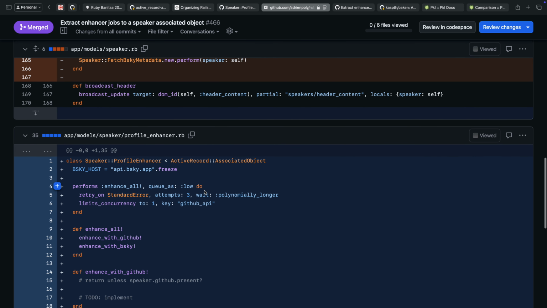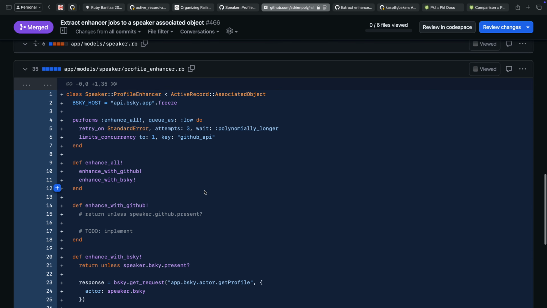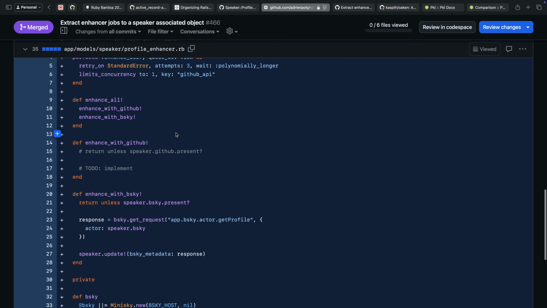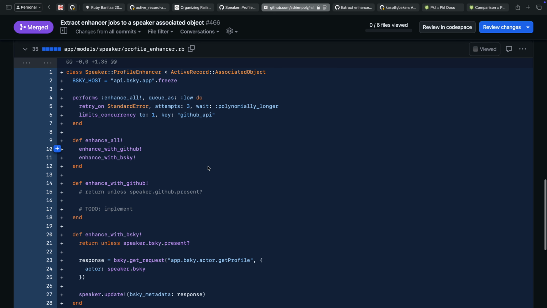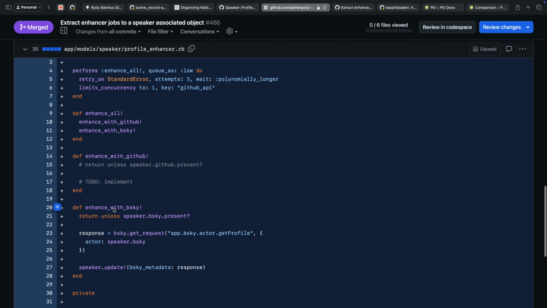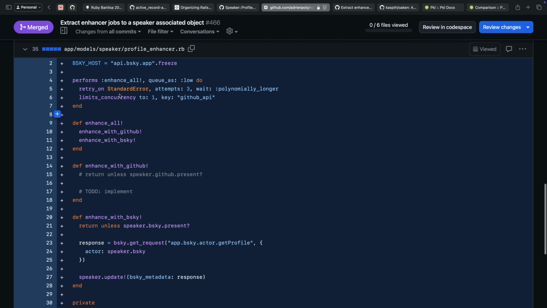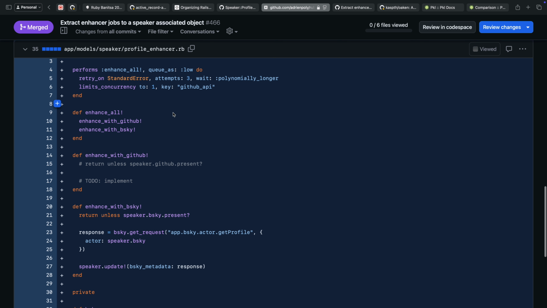Yeah. Let's see. And so he's replacing it with this essentially, where this is the perform stuff that we don't... This is another gem, but we don't. It's just generating a job essentially. Think of it like that. And so now the logic is collected a little bit more in one place. It's not quite embedded in the whole speaker, but it's a little bit easier to interact with because now you could both call this directly if you want to, or it could have a job that this is what this does. It generates an enhance_all_later method, so you can just have it done in a job for you. So